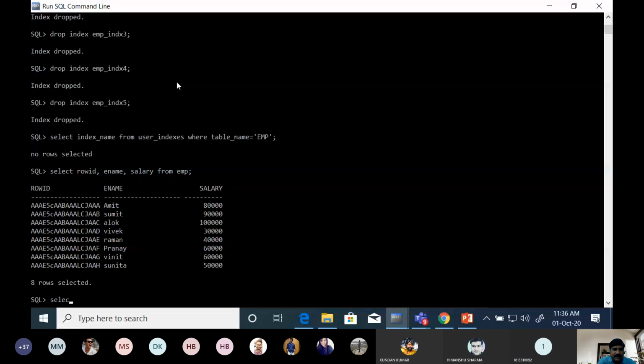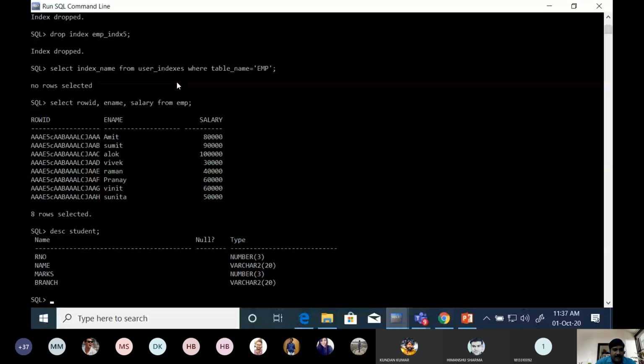Suppose we write rowid; first let me check the structure of student. Then select rowid, comma name, and marks from student.